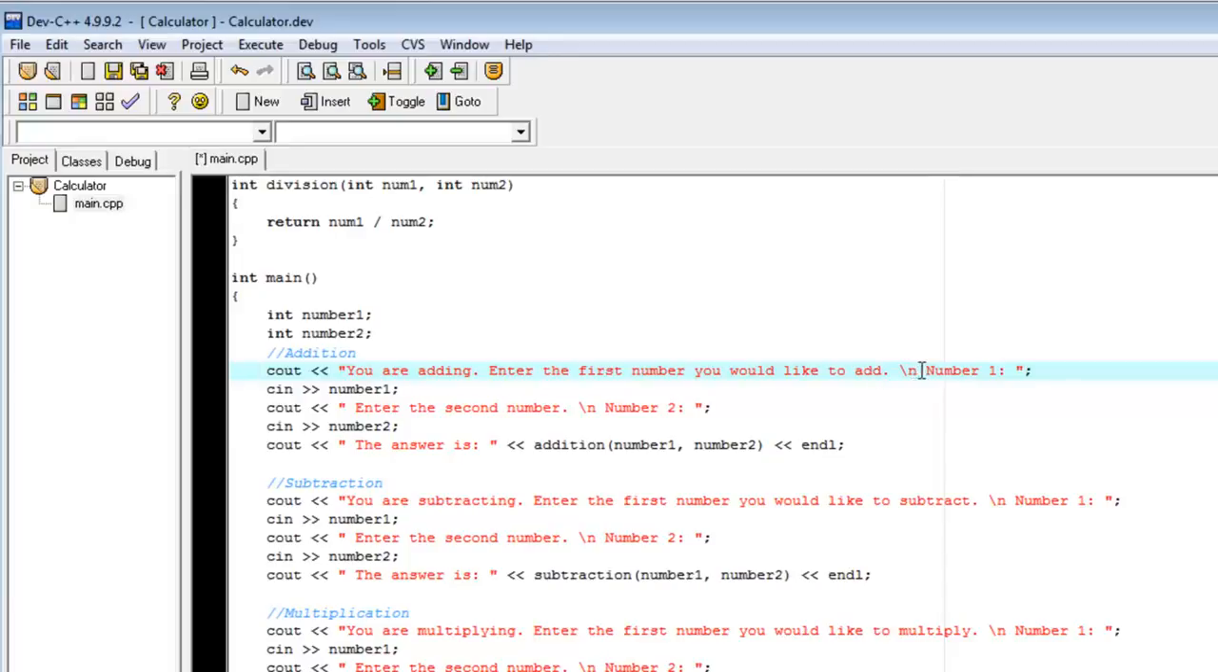\n. If you recall, if I mention this, \n will be a new line. So it literally tells the compiler this is a string, however I want you to do a line break right here. So it will print "You are adding. Enter the first number you would like to add." period, new line,